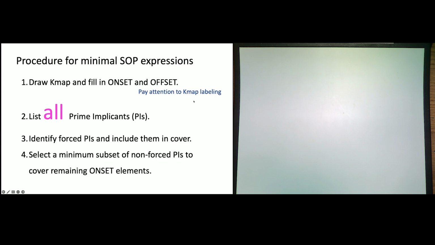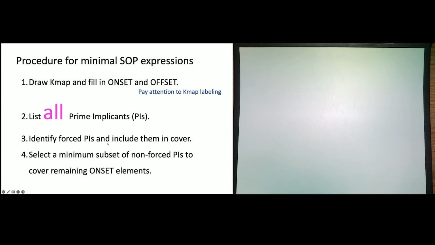Once you've done that, you list all prime implicants. Just the prime ones. So you draw the prime implicants and you make a list of them. Now, this is where I'm going to emphasize all, in case it's not clear. It's tempting to say, oh, I can see I'm just going to need these two. But that's not the procedure. The procedure is to list all of them. If you don't list all of them, you cannot do step 3 correctly. So don't make a decision yet about which ones you're going to use. List all of them. Just the prime ones, though.